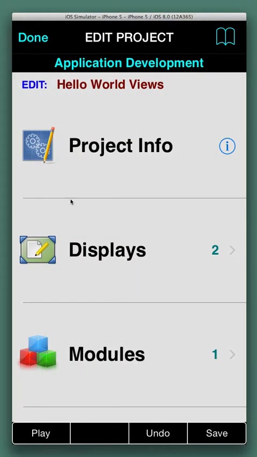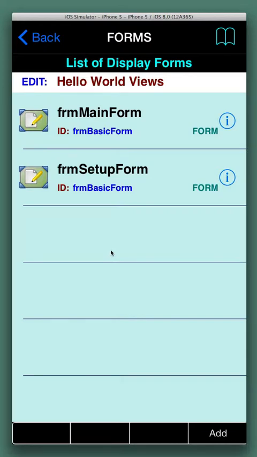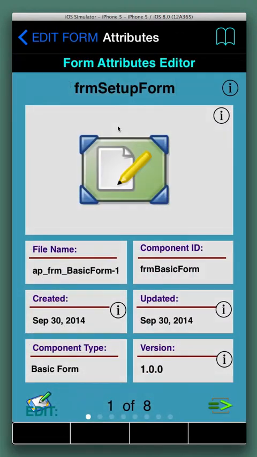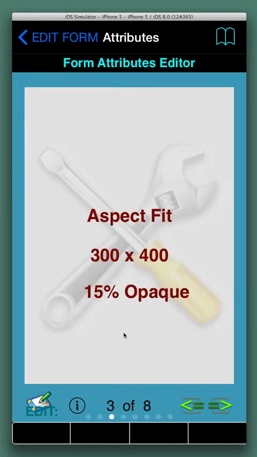We go back, and now we'll go to our display forms. So what we're going to do is we're going to expand. We're going to leave the main form alone, and we're going to expand on the setup form. So let's select the setup form. And now what we want to do is we have to go to the form attributes, and we need to eliminate this